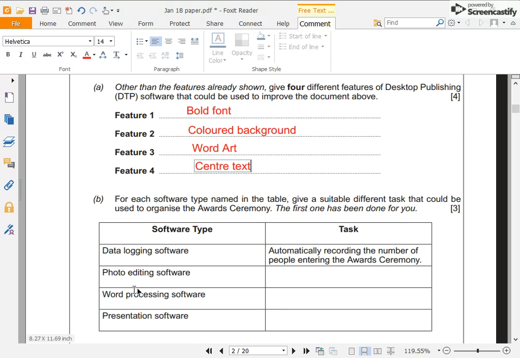Okay, so some other examples. Photo editing software. We need to be quite specific. So we could say perhaps creating a logo for the event. Not just going to say logo. We're going to be quite specific. Other things that you could talk about are editing photos of the ceremony for a newsletter, things like that. Word processing software, again, we're going to be quite specific. It's an award ceremony, so we're going to be specific to awards. Creating certificates